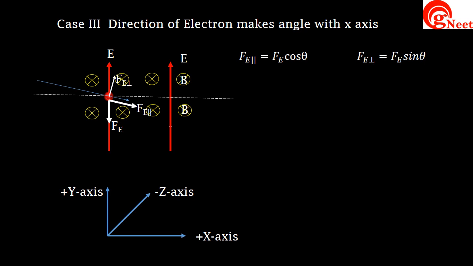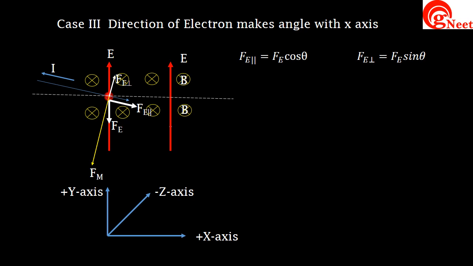Conventional direction of a current is opposite to the direction of electron, shown by the blue arrow labeled as I. Direction of magnetic force can be determined using the Fleming's left-hand rule. As explained earlier, point index finger in the direction of magnetic field. In our case, it is pointing inside the plane. Point middle finger in the direction of a current, and the thumb shows the direction of magnetic force. In our case, it will be downward and perpendicular to the direction of a current, shown by downward yellow arrow